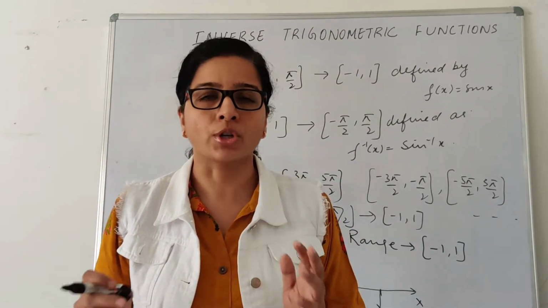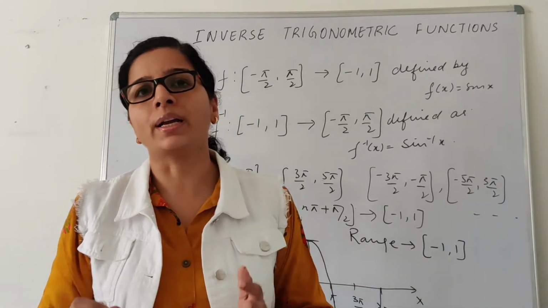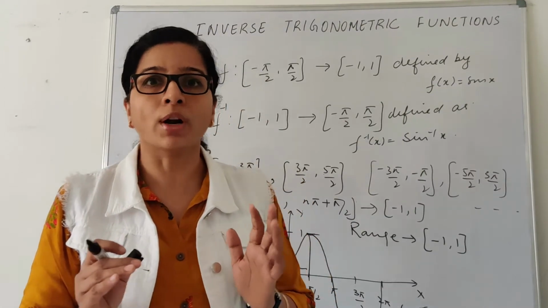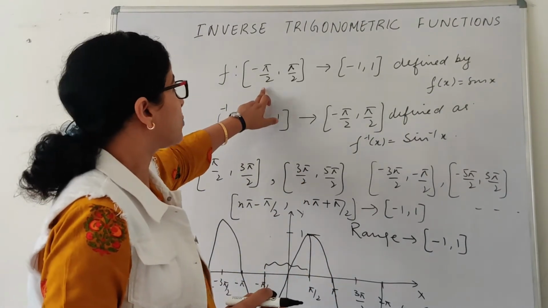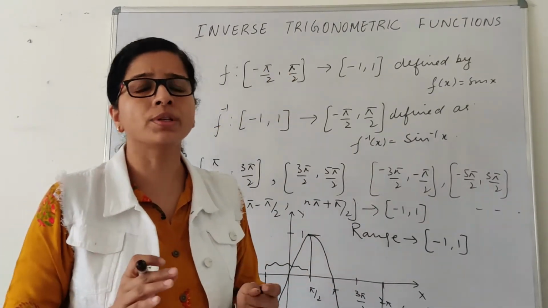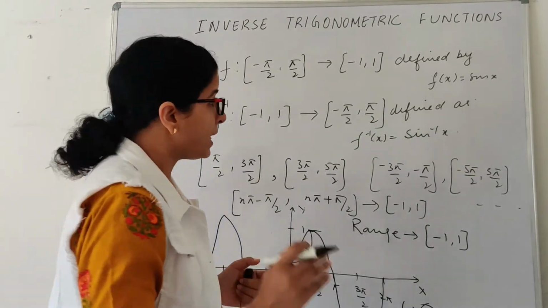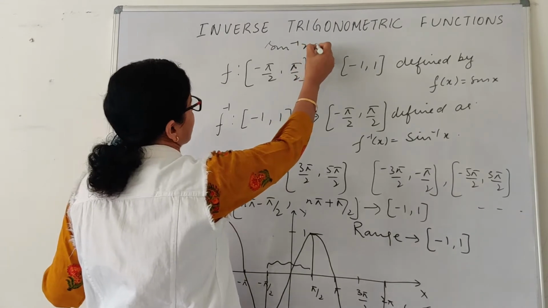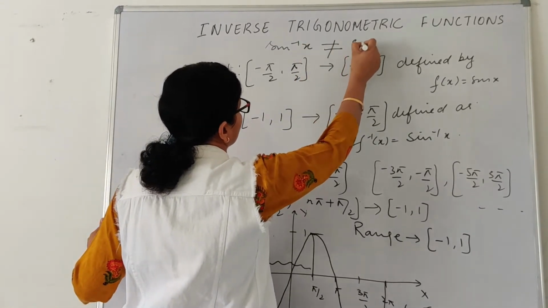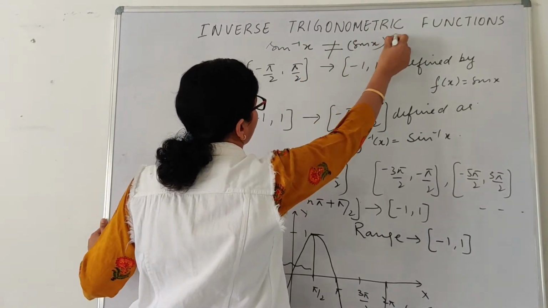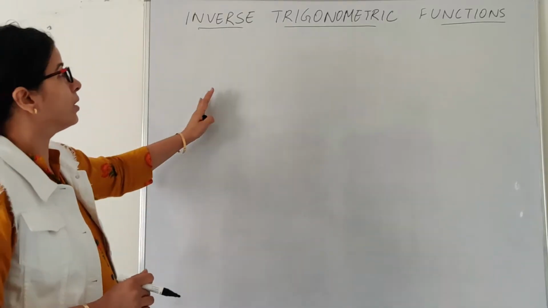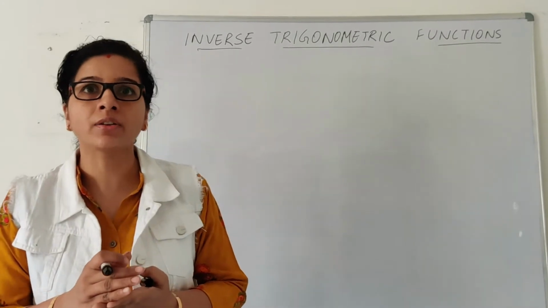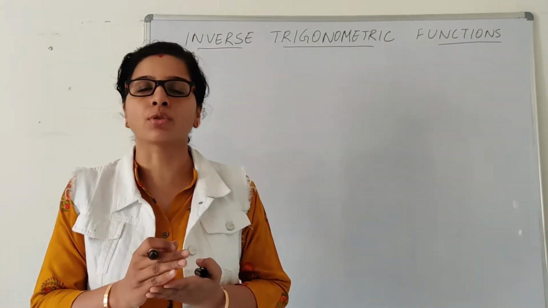Now I will do some questions to tell you how to find the values in the principal branch. What is my principal branch? −π/2 to π/2. And students, one very important thing, please don't confuse: if it is written sin inverse x, it is not equal to (sin x) to the power −1. So now before telling you the principal branch, I want to tell you that sine is an increasing function as well as sin inverse is also an increasing function.